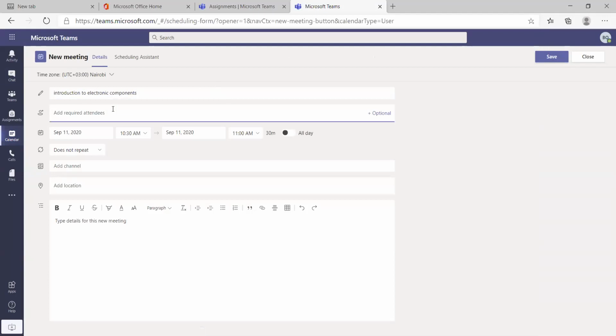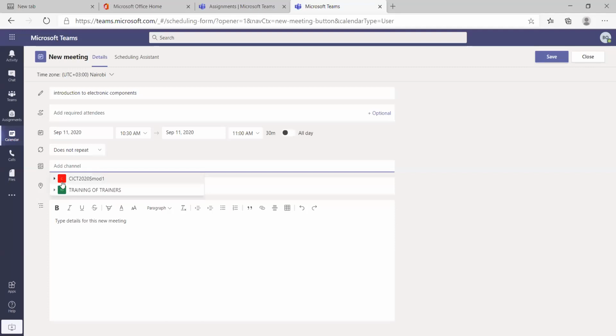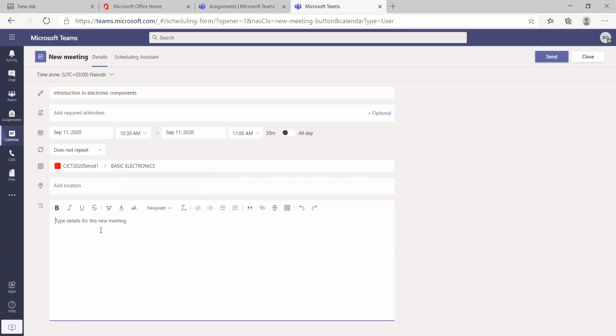So you can add the required attendees, or you can choose the channel that you would want. Under this particular channel, you can choose the specific unit. For example, you want the CICT module 1, the basic electronics. Then you can add the details for the meeting.